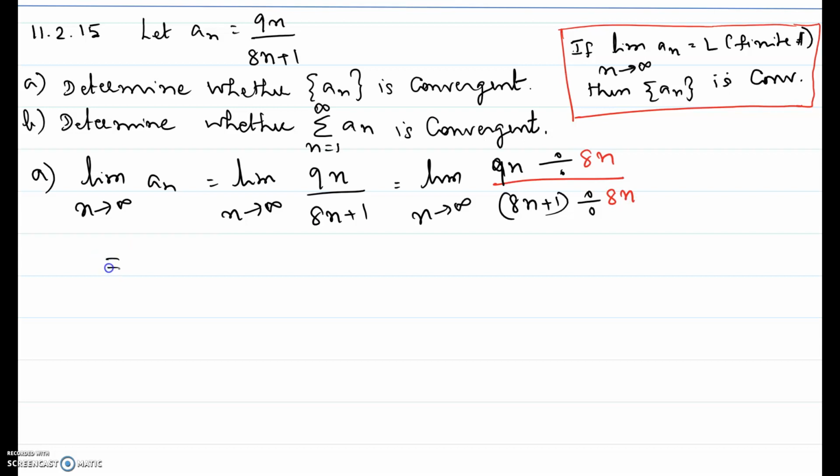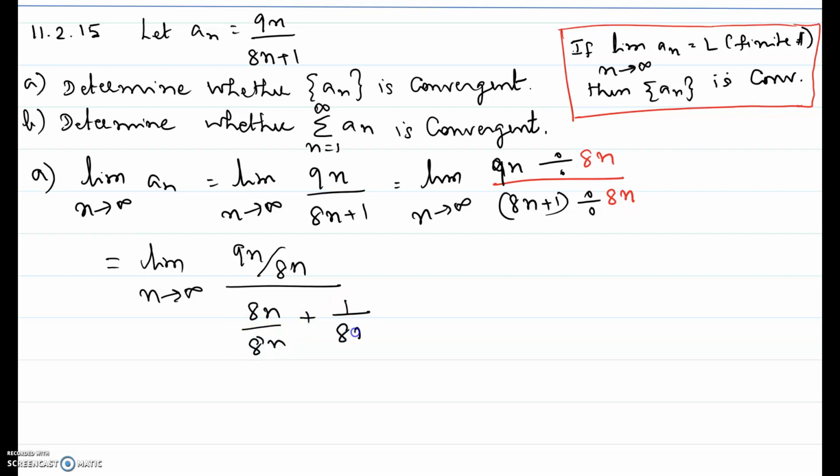Thus we get limit n approaching infinity, 9n over 8n divided by 8n over 8n plus 1 over 8n. So we divide each one of the terms below. It's a binomial, so we divide each one of the terms in the binomial by 8n. In the numerator, n cancels out. So we get 9 over 8